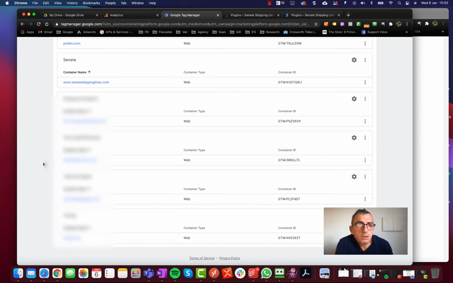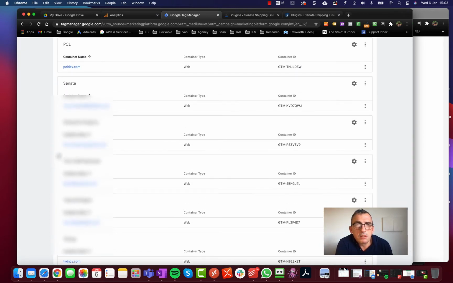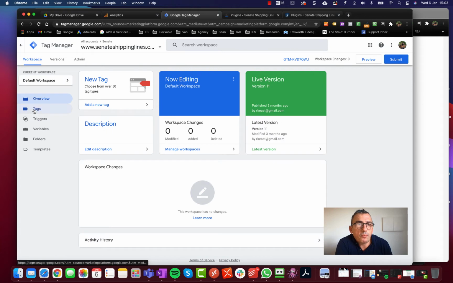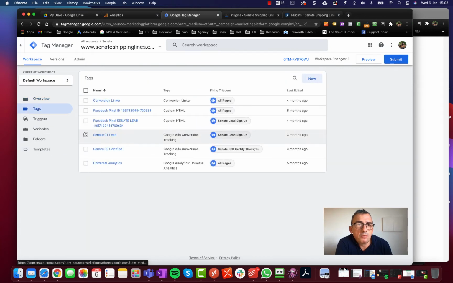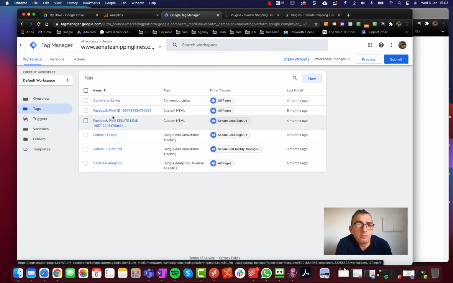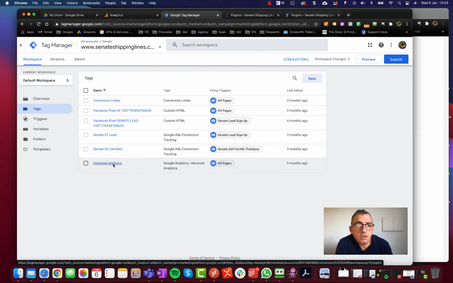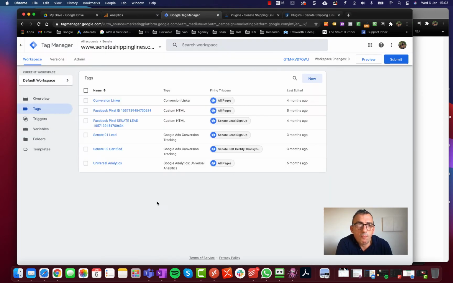So I will go into Senate, which is the one that I want. And this just shows you briefly the tags that I've got. So I've linked it to a Facebook pixel. I'm also using it to track Google Ads conversions, and I've got Google Analytics on there. And it's fairly straightforward the way that it works.